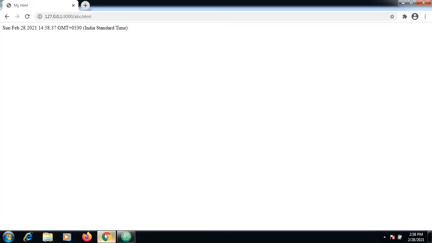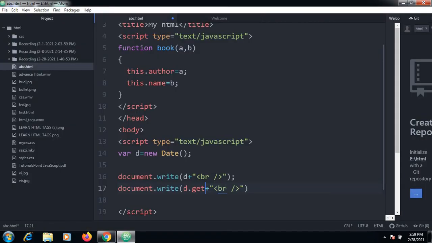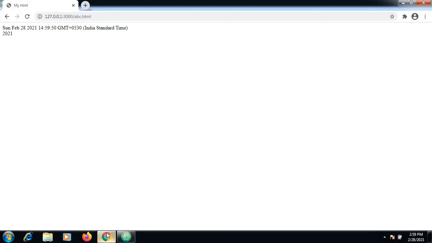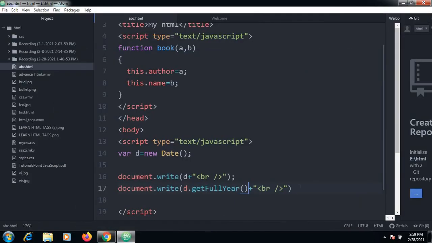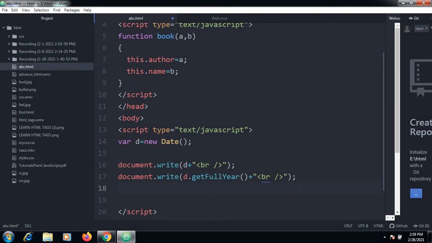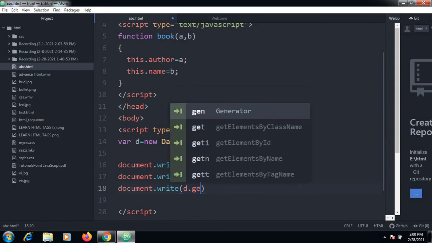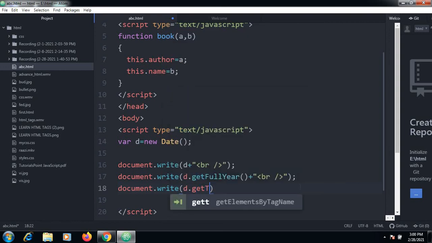So it displays the Indian Standard Time. getFullYear, I want to display the year. So getFullYear, it displays the year now. It is 2021. So I want to display only the time. So document.write, only the getSeconds.